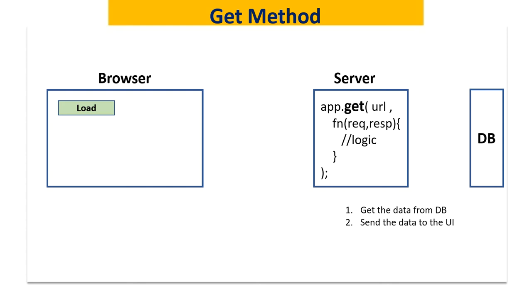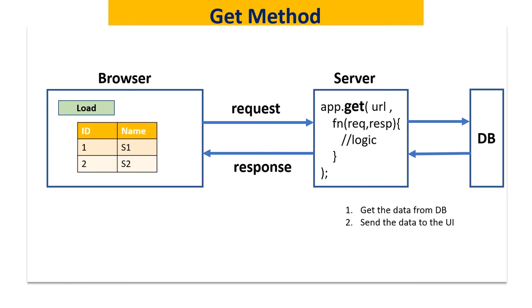Very simple. The name itself is telling: get means access. So my requirement is that I want to access the data from the server. At that time I will go for the get method. In the server program, meaning in our Express program, we are going to register the get method with a provided URL. Now from the client side, you are going to call this or send the request. Your logic will execute.